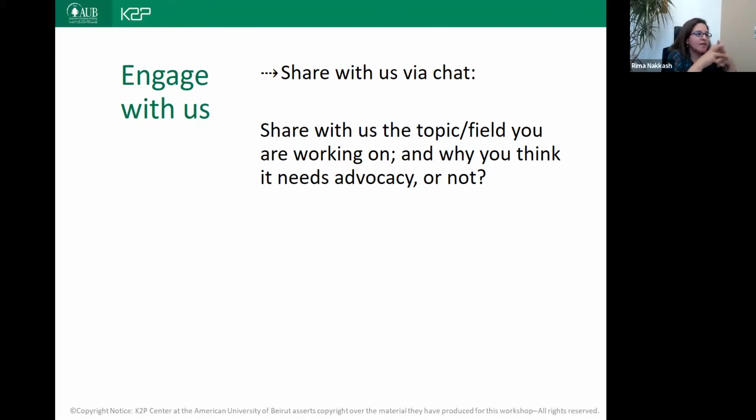So thinking about what I said so far about what advocacy is in the field that you work with, as a public health professional, what are the topics that you think would require advocacy, or what are the topics that you work on that you have up till now in the session thought would not require advocacy, and why not? And through these topics, as we go through and talk about policy analysis and identifying stakeholders, keep that topic in your head and think through what could be various answers that come to your mind as you go through the various steps of advocacy.